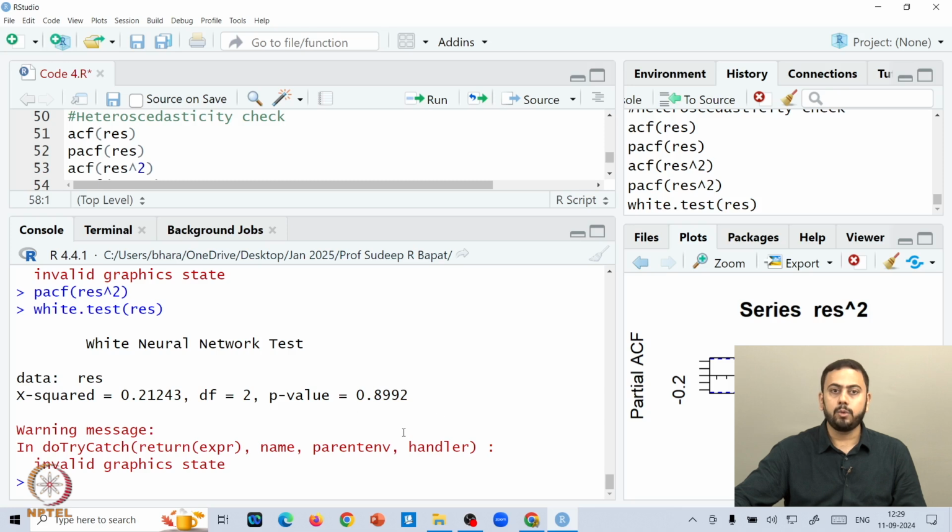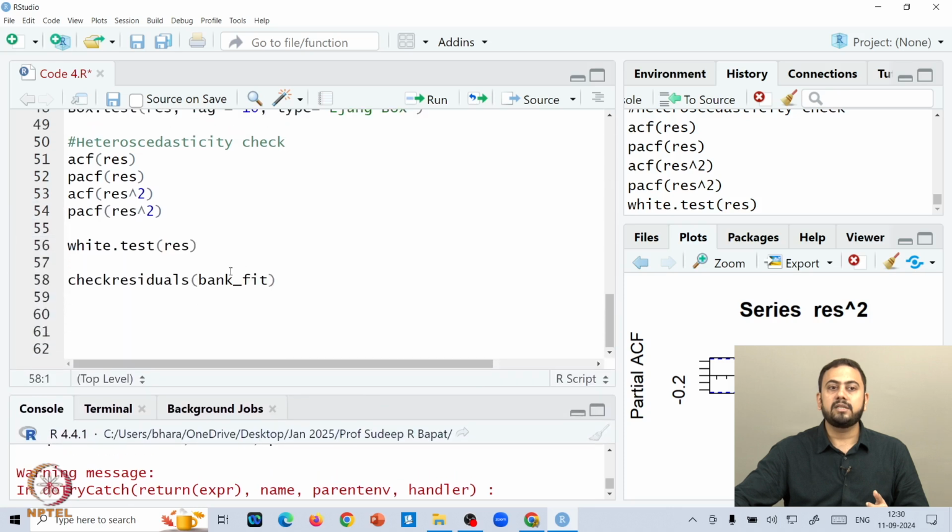So, 0.8992. Again the same conclusion that was drawn from the earlier tests: if the p value is bigger than alpha, you fail to reject the null, and the null hypothesis under either White's test or the Breusch-Pagan test that we covered in the last lecture is that the variance is constant. Here since the p value is 0.89, close to 0.9, which is very large, we fail to reject the null. So, we can safely conclude that the variance is not changing, the variance is constant. Okay. So, this is pretty much checking for normality, checking for independence, and then checking for changing variance of the residuals.